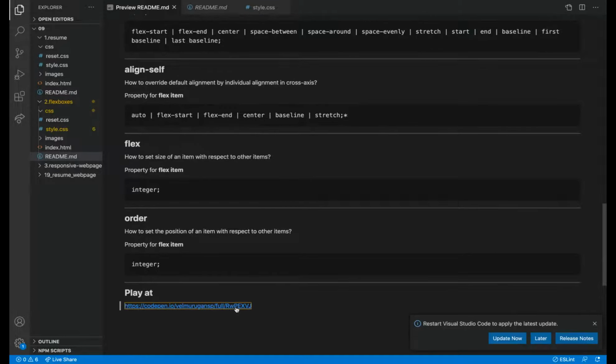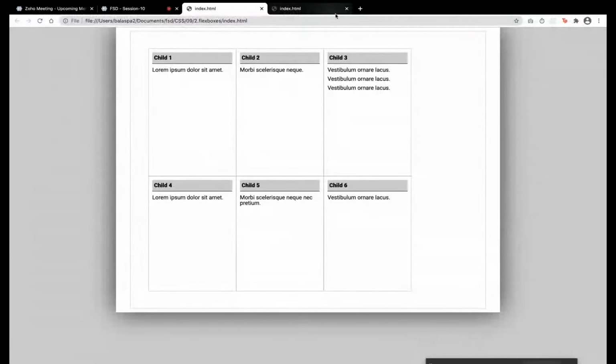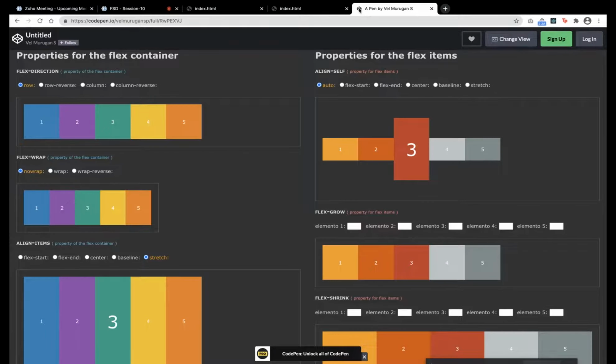These are the things we will use regularly. So play around with it, then only you'll master it. All the layout structuring you'll do with flex things only. So there is a CodePen. CodePen is a platform where we can add code and publish it for the public. Someone has added this page and given a nice presentation of flex containers.